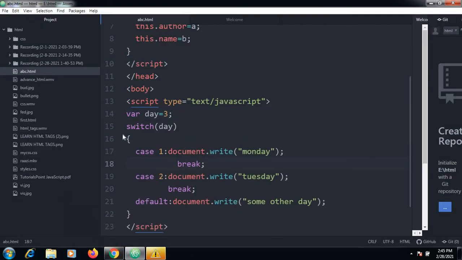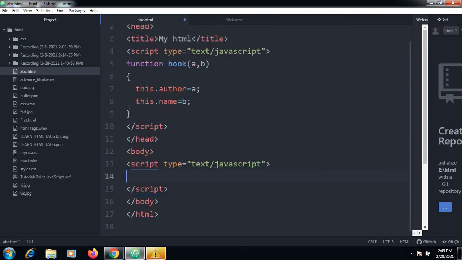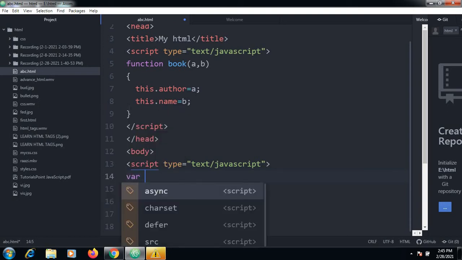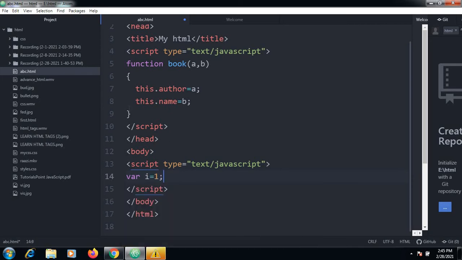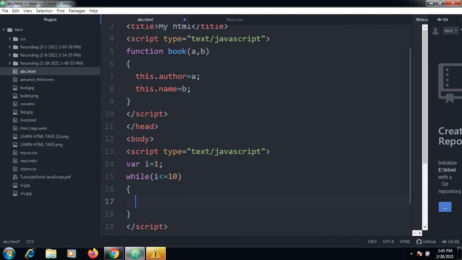So we will discuss the loops. There are different types of loops. We have a while loop, a do while, and also a for loop. So we'll try to see those loops here. I'll take an example which will calculate the sum of the numbers from 1 to 10 using a while loop, and we will do it by do while and for loop also. So for I is equal to 1, I will take a variable. While I is less than 10, the condition is it will repeat up to 10, and we'll take one more variable sum, and initialize the sum to 0.